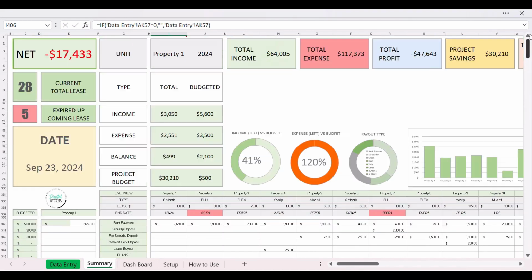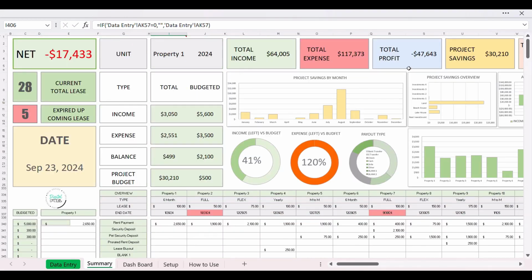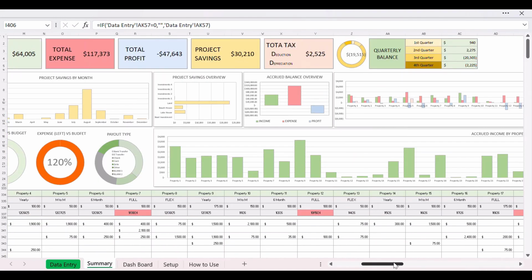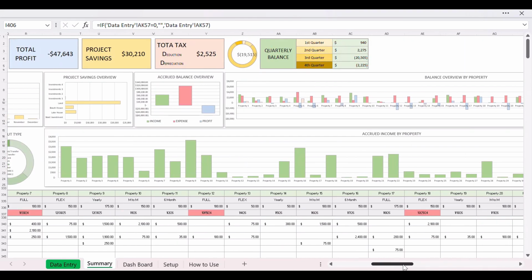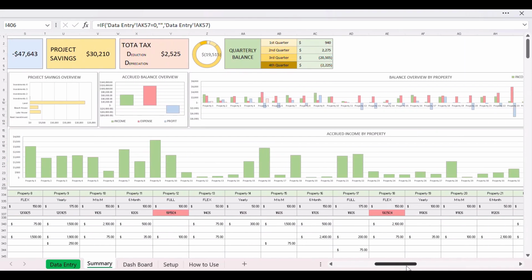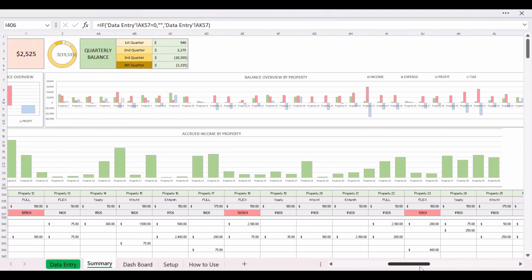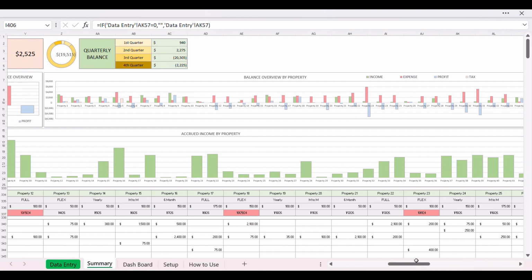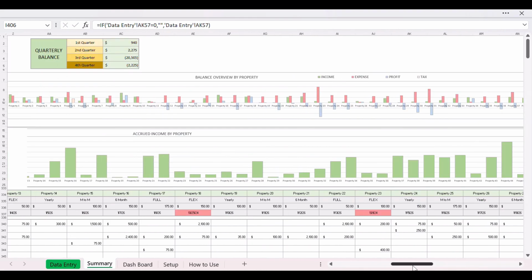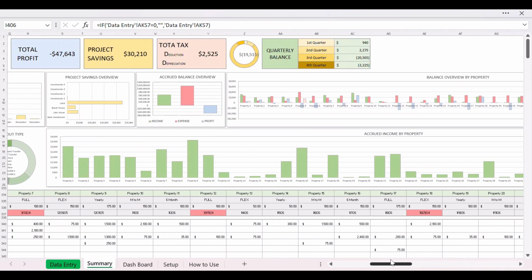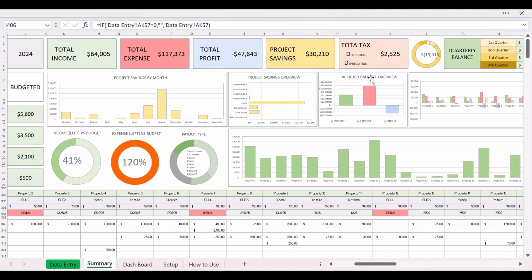The nice thing about this tab is you don't have to do anything. Everything is here for you to browse and look. You have all the information, your accrued income by property, which property is making income and which property is not making income. And you have the balance overview here, where you have your income, expense, profit, tax, it also tracks your tax. And then accrued balance,